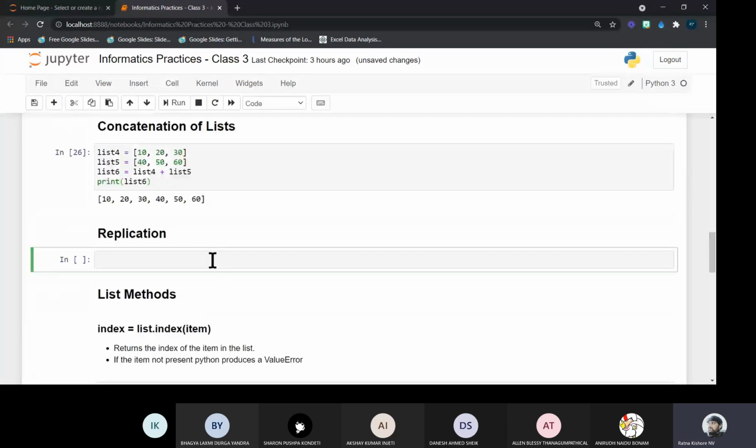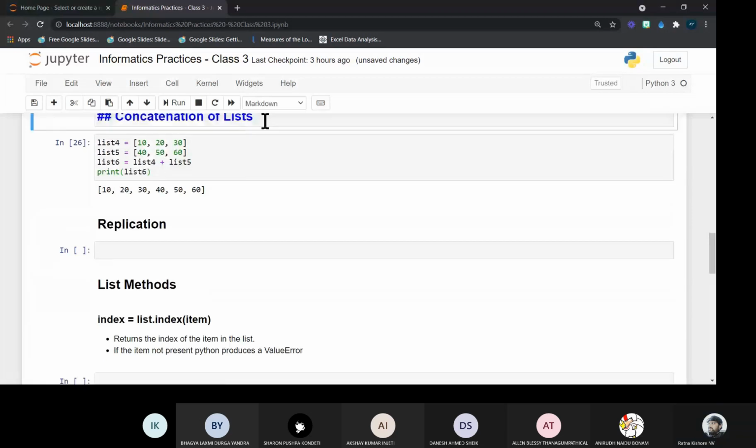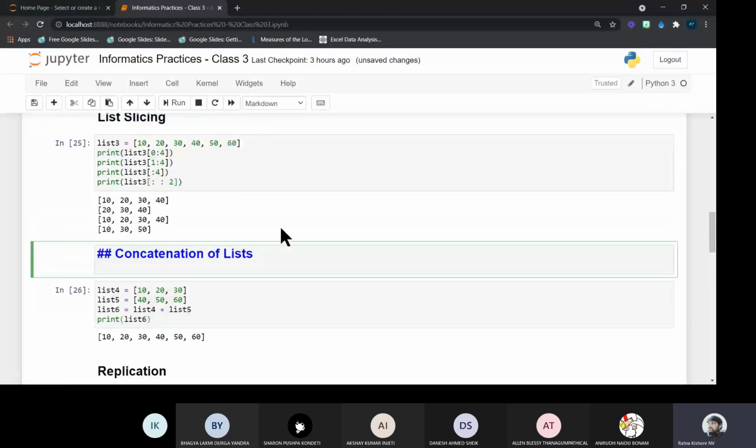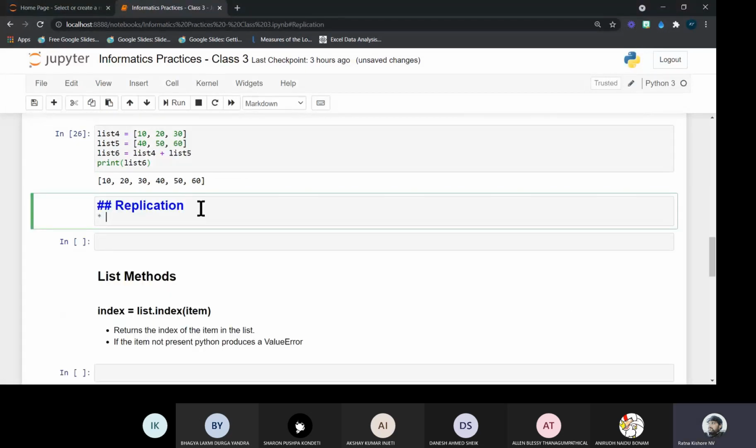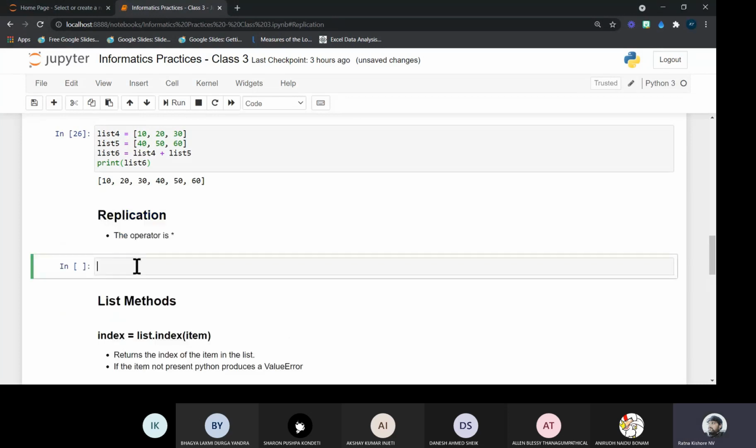Then replication. Replication can be done by using asterisk. Here, for concatenation the operator is plus, right? And for replication the operator is asterisk. What is replication? You can replicate the existing list a specified number of times.